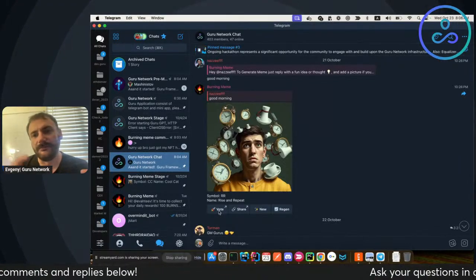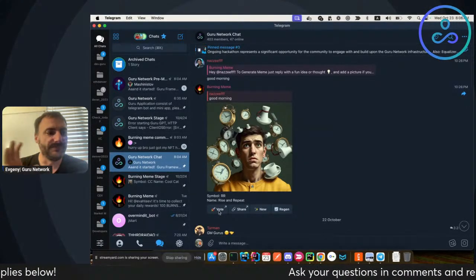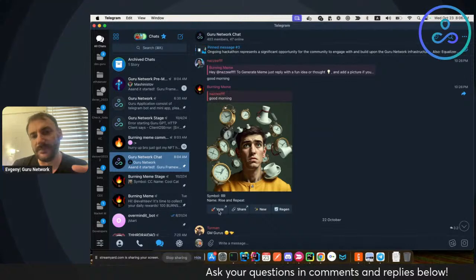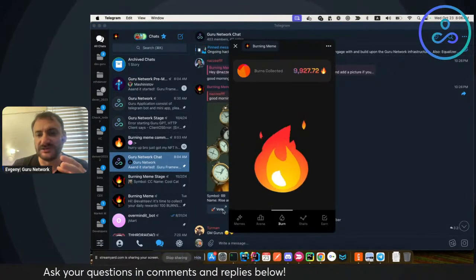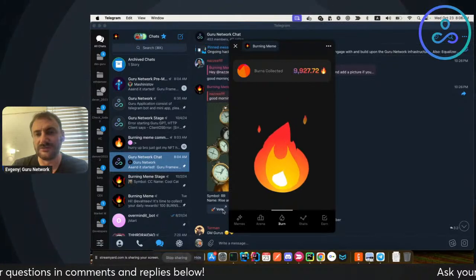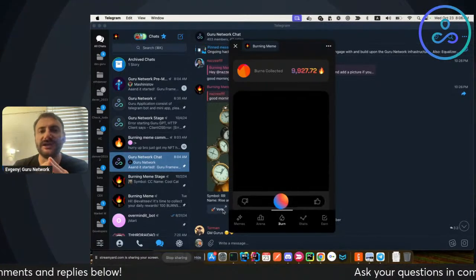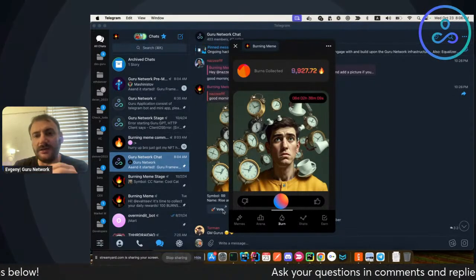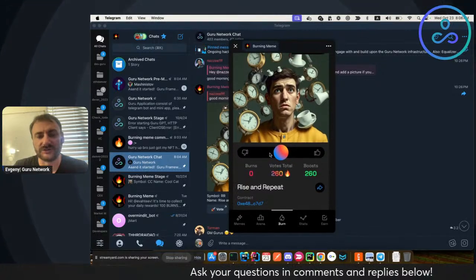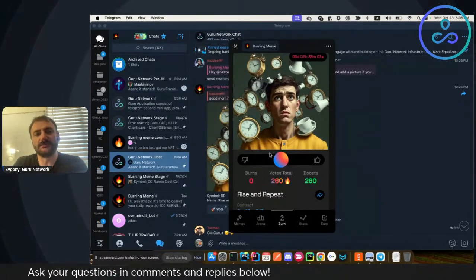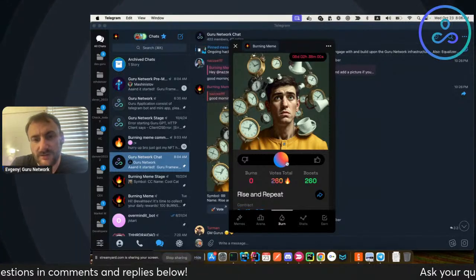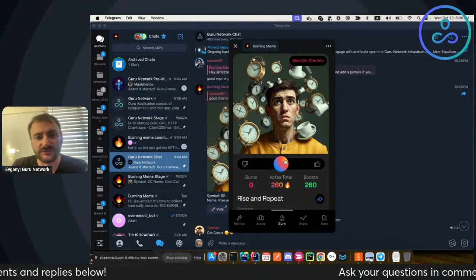So whenever people play with different assets and then publish them, and then in the mini app there are some actions to do with those assets. Those are all the ideas we want to tackle here, and we are very focused on. With burning meme examples, it's all around memes and around those visuals.